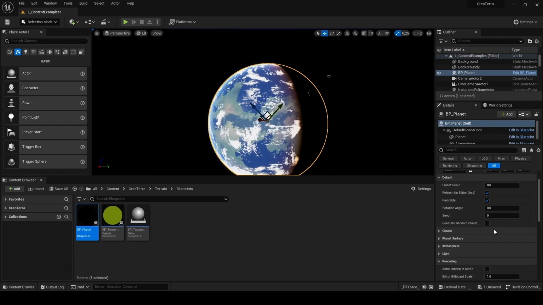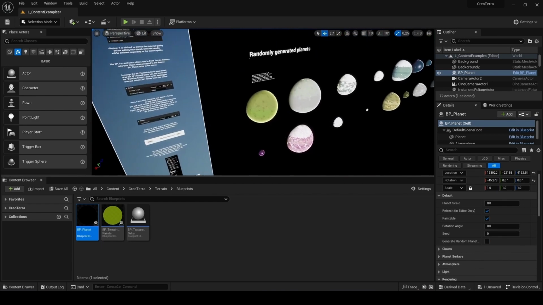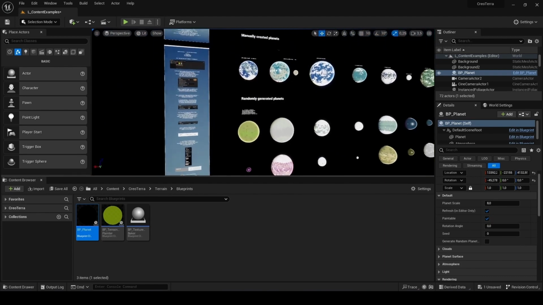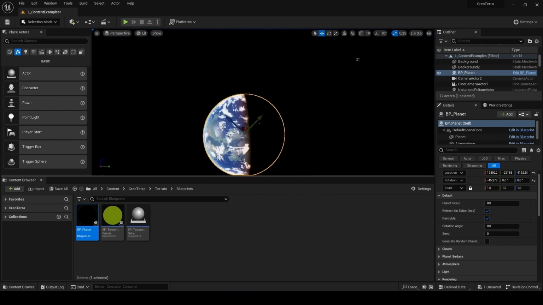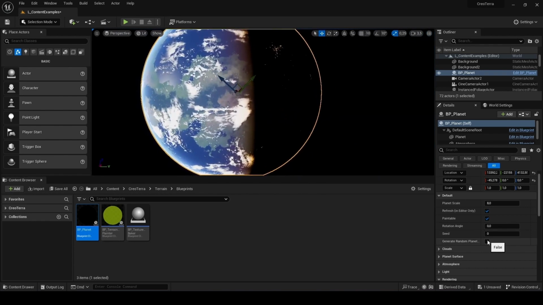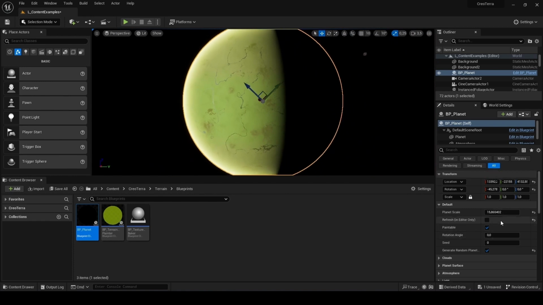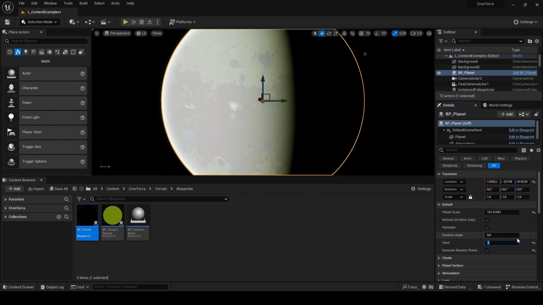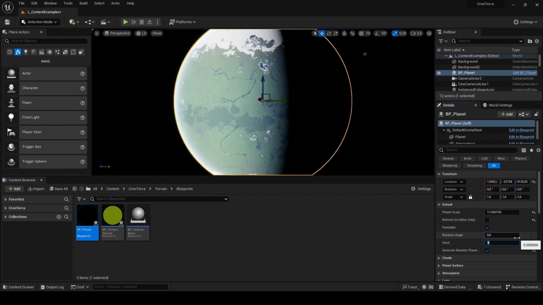So next up we have the random generation options, but they are described in this section of the examples map, so it should be pretty straightforward. You just set a seed, and obviously before that you have to enable generate random planet. Then you can actually see your planet update, and then you can actually change the seed to any integer value. I can change this to 1, to 2, 3, 4, and this should give you pretty varied results